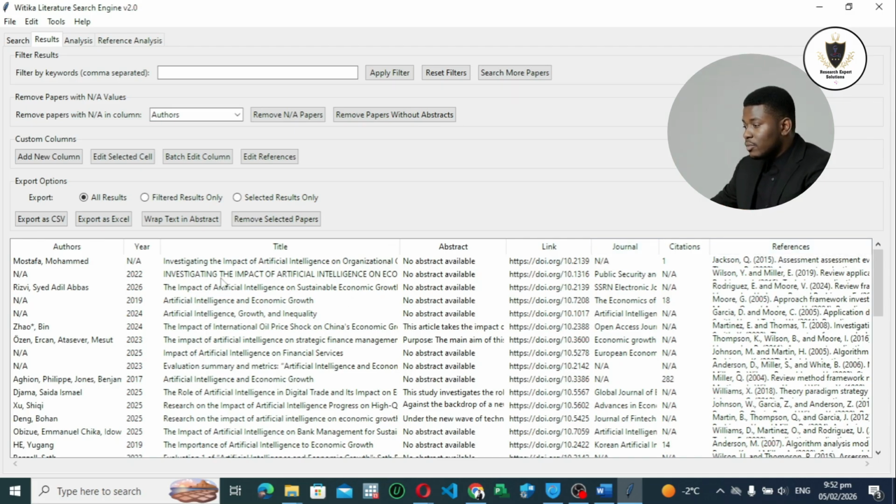However, it would just present to you different links, and clicking on that will take you to that research paper individually. But the other thing is, one would say, okay, we have artificial intelligence, so why can't I just type on, say, ChatGPT, telling it to give you a bunch of studies that investigated the impact of artificial intelligence on economic growth. So the problem with the current AI models that we have,